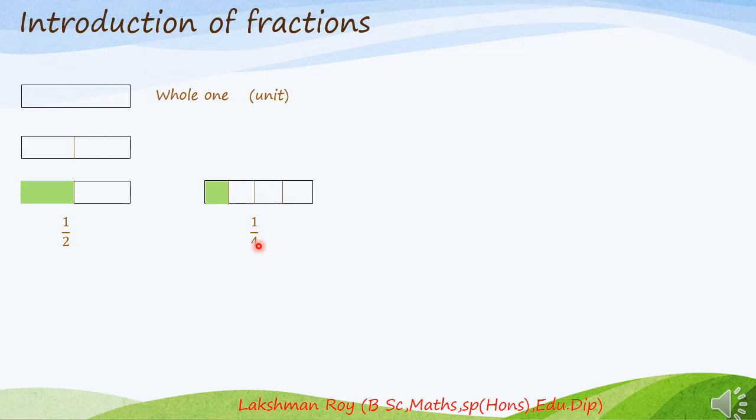So let's see another example. So you can see here this whole figure, a circle. That one is divided into 1, 2, 3, 4, four parts, right? So how many parts did I color? Three parts colored. So that means you can write this colored part as the fraction 3/4, right?